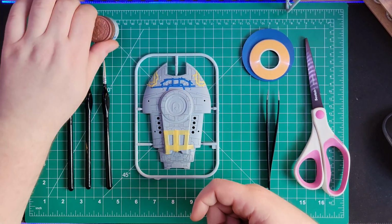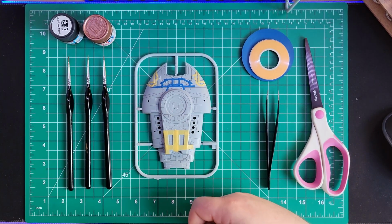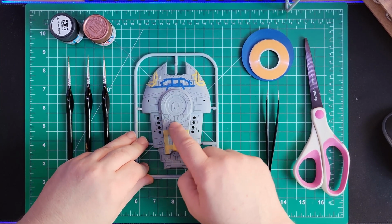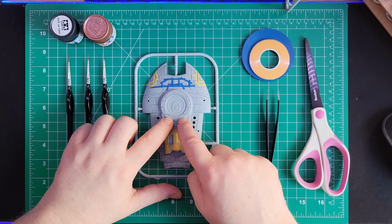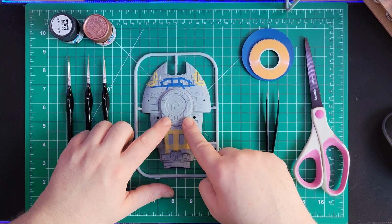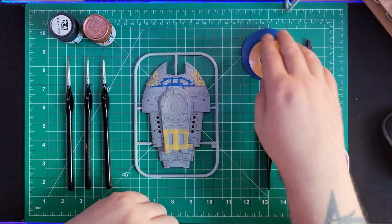So first things first, however, we need to tape off just a little bit. What we're going to be taping off is the transporter emitter pieces, which are right here, and then just the rear portion of the bridge module. So I've got my